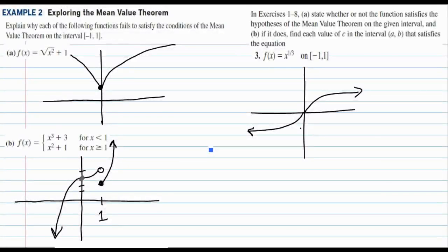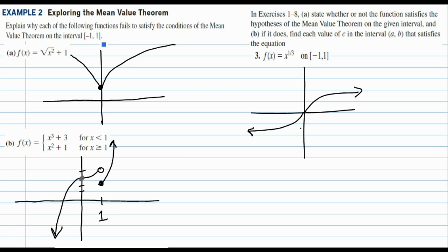This is the screencast for section 4.2, example 2. So you saw some examples of graphs that satisfy the mean value theorem. We're going to look at some that don't and why they don't. So explain why each of the following functions fails to satisfy the conditions of the mean value theorem on the